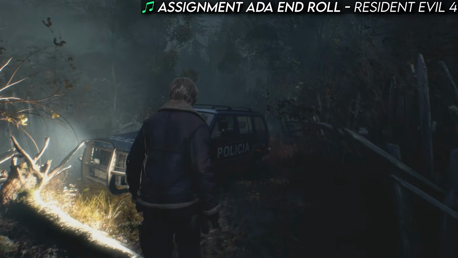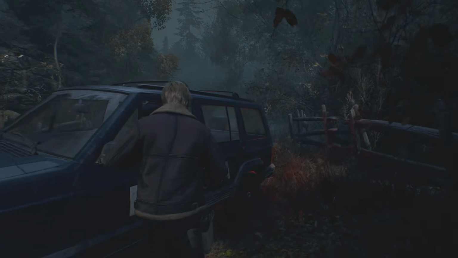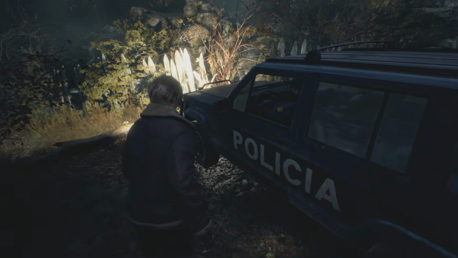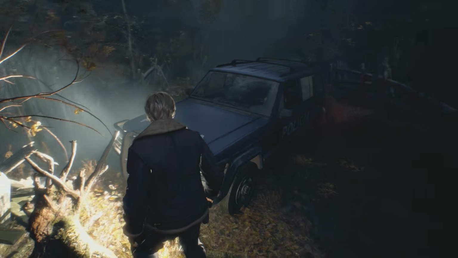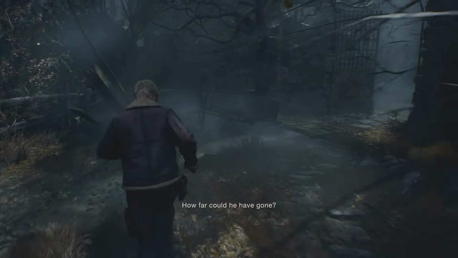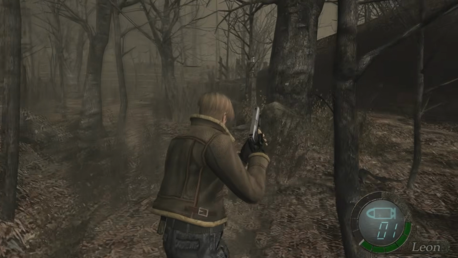So a sort of conclusion and roundup, Leon's whole attitude and essence is definitely captured in this remake. You can see it in his movements. If anything, Leon is probably more chill and confident in the remake, with these more laid-back approaches to his actions. There doesn't seem to be this sense of urgency that's present in the original.